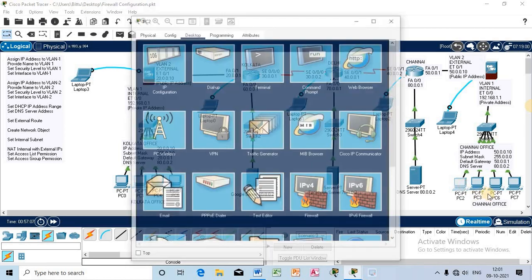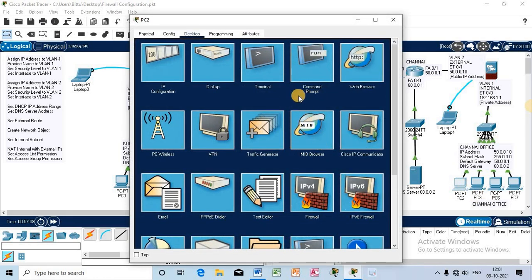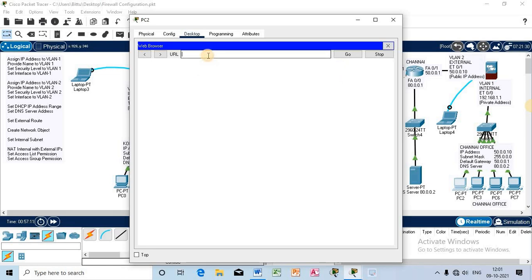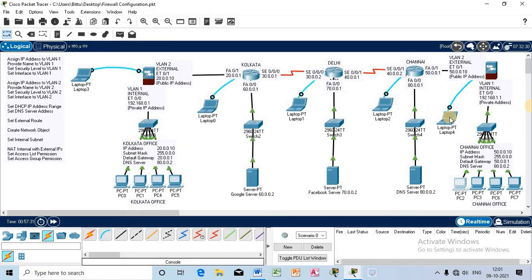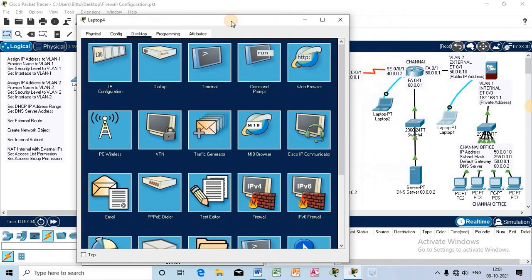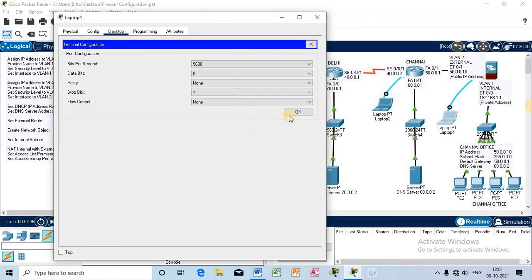Okay, we know that we are yet to be done with the configuration. So I will not be able to access the server because the outer configuration has not been done yet. So I have written 70002, that is the Facebook IP address. It will take some time, and after that it will say request timed out. It will not be able to access the outer part of the network because the outer part has not been assigned yet. A lot of configuration is yet to be done on the outer part of the hardware firewall.